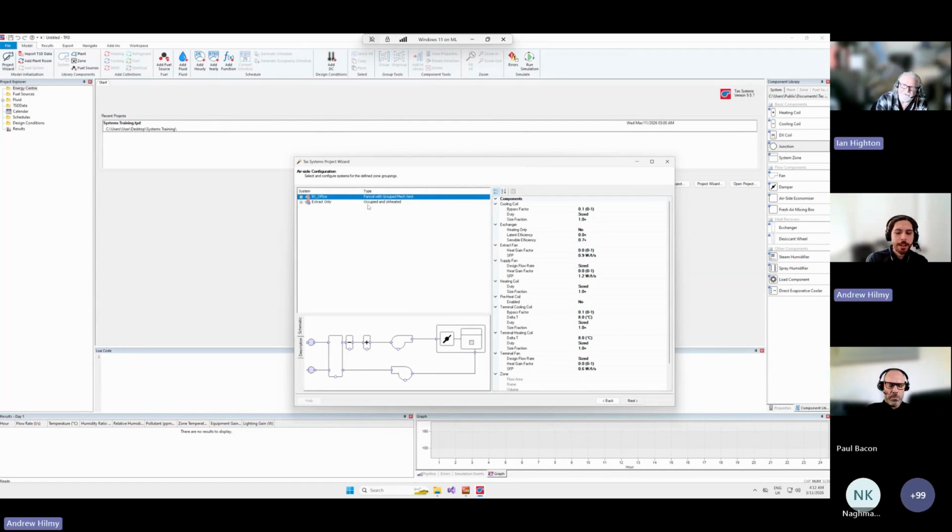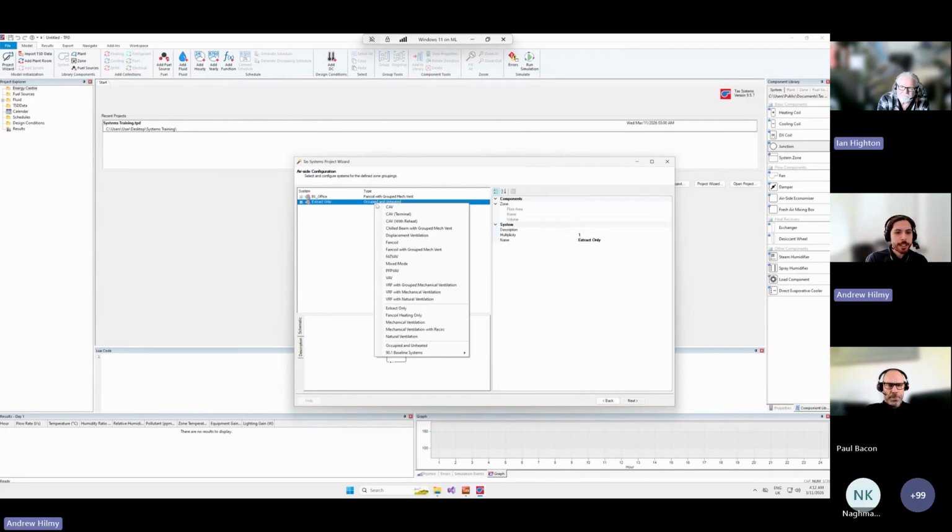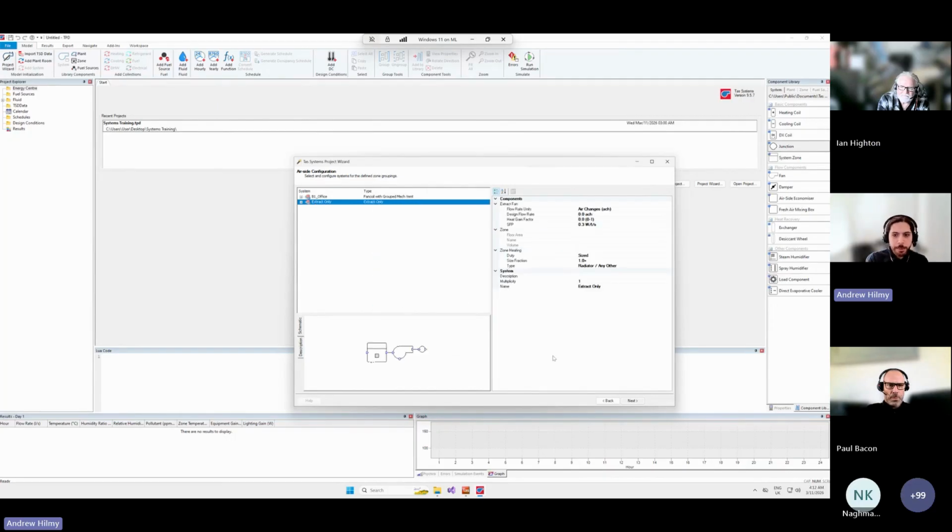Okay, so sorry, Andrew, just to clarify, what the wizard is doing is actually doing what you were doing earlier. So it's sort of creating the system component by component, but it's doing it automatically for you in the background. Yeah, exactly. So for the extract only spaces, I'm going to pick extract only, which is quite a simple one,